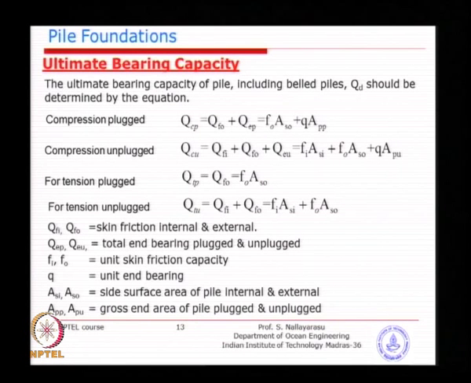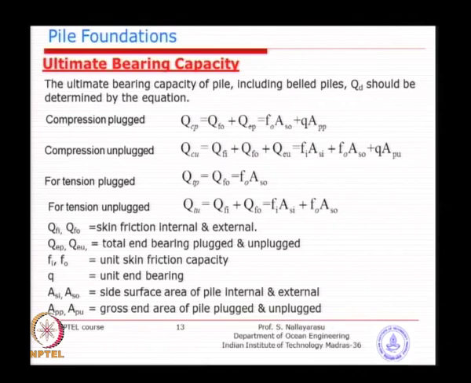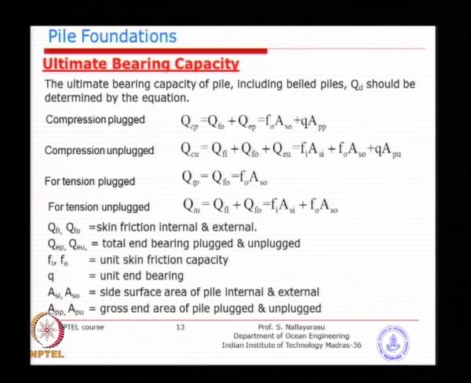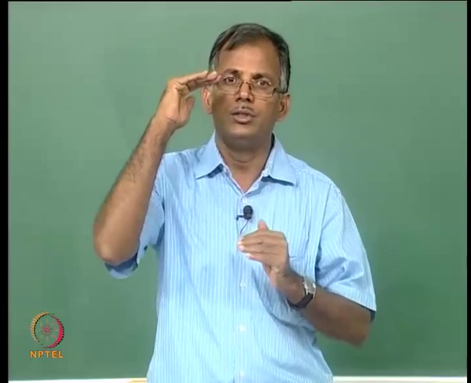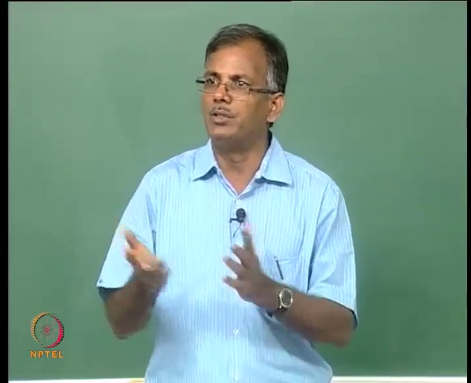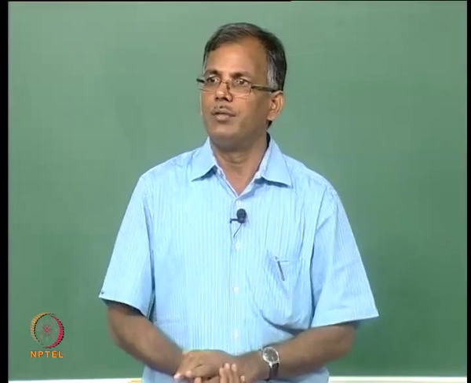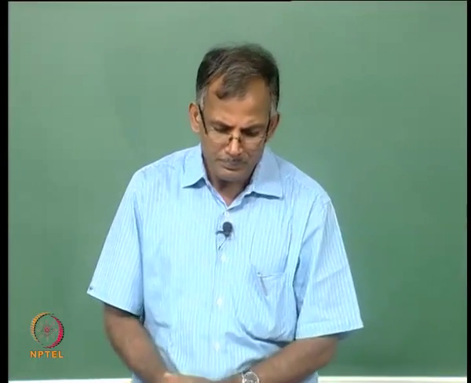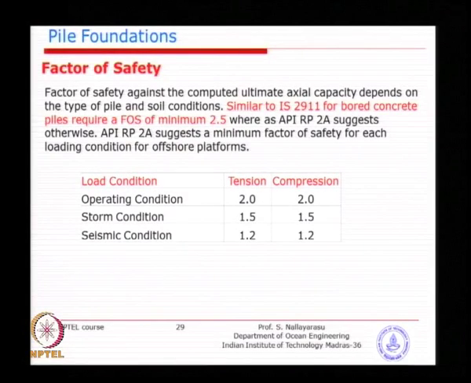We can't allow the foundation to fail when you apply the loads to the structure. So, the basic idea is we need to divide this ultimate capacity by a certain factor of safety, similar to the strength of steel material, where from yield strength we divide by 1.6, 1.67. So, here we have to divide by a certain factor of safety. Now, various codes have different methodologies.